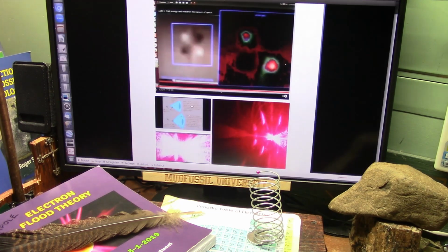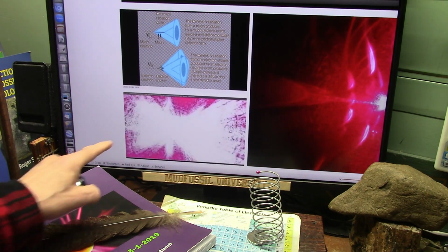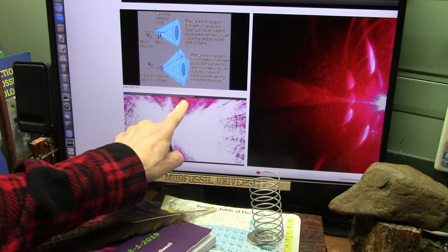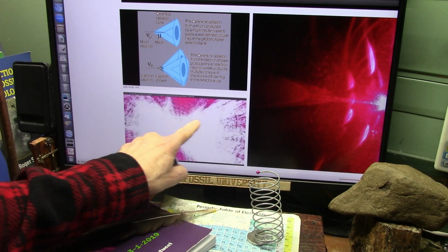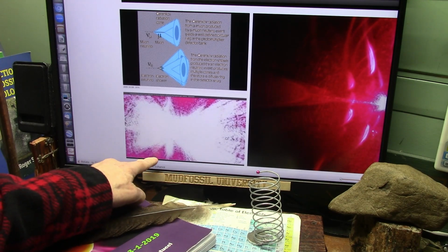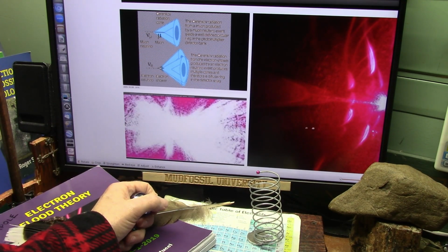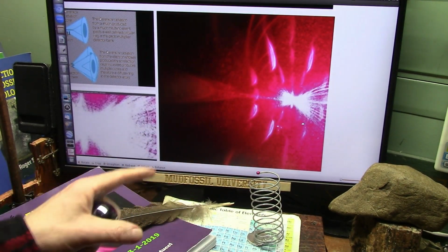Anyway, here it is right here. The only reason you see it is because it's laying on top of the white. There's black particles all over here, but you can't see them until they're hanging over the white, blocking the white. And you're never going to see this in real life. All you're going to see is the red. All right? The only time you see the black is when it's right on top of the glowy white, so